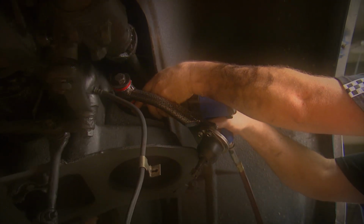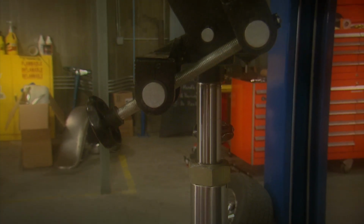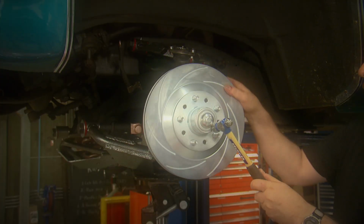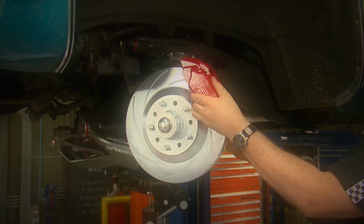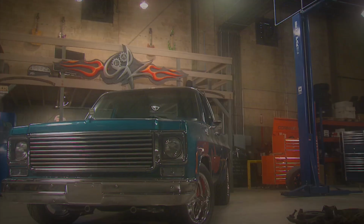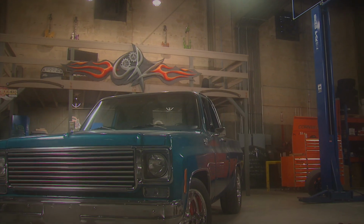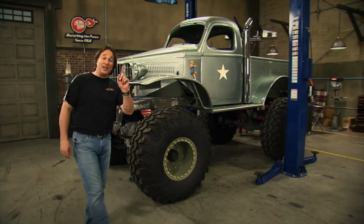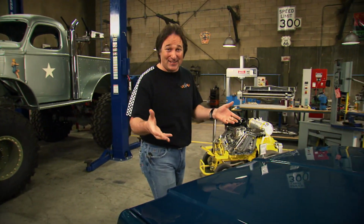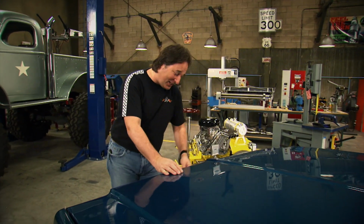Last week, we upgraded the suspension with a 3/4 drop, put larger disc brakes all around, and slid on a modern wheel and tire combination of 18s and 20s to give this thing a more current look. This week, we're going to tackle one of the major issues that everybody faces when they dive into a project: